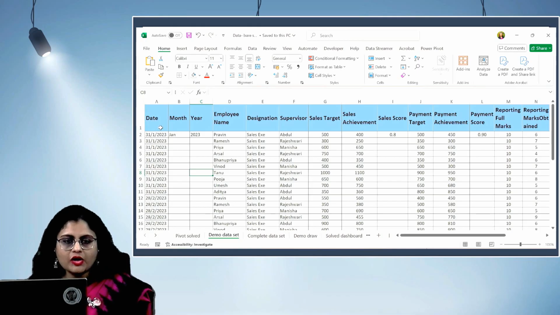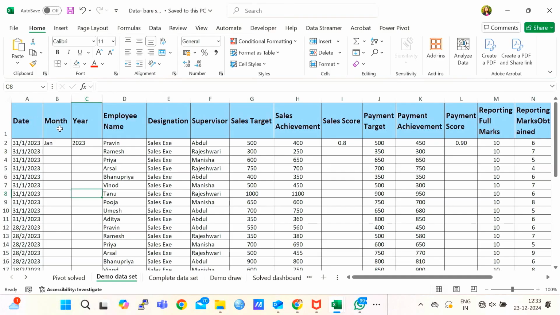Now let's understand what each column of this Excel sheet talks about. The first column is the date, the second is the month, then year, employee name, designation, supervisor name. The supervisor is the one under which this employee is working. Then comes the parameters. The first parameter is sales, and to evaluate this parameter we have three columns, that is